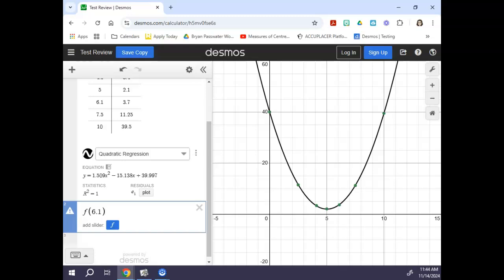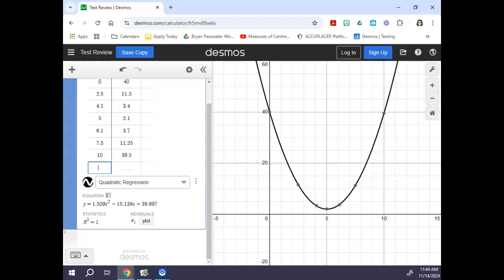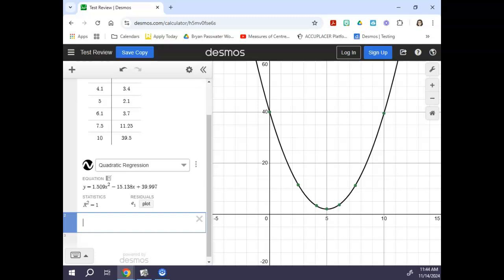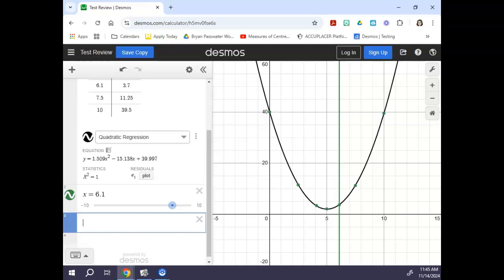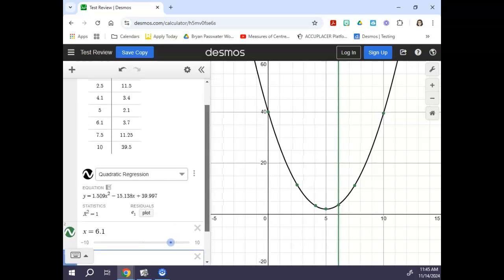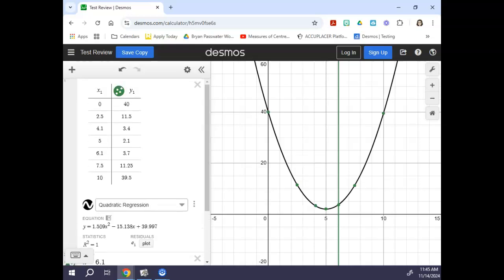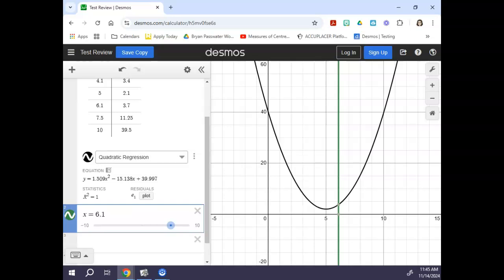So what I can do instead is then remember, if I put in this x equals 6.1, and I got that in there. That's when I was just getting the 3.7 when I clicked over here, right? But here's another option. Yes, I have my data points in there. Really, once I have my data points and I get my equation, I don't need my data points anymore. Look at my data points over here. They're green. If I turn them off, now since they're turned off when I click over here, I actually get the intersection point that I want, which is that 3.78,